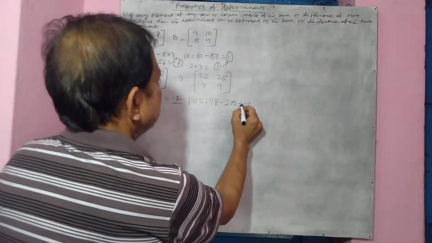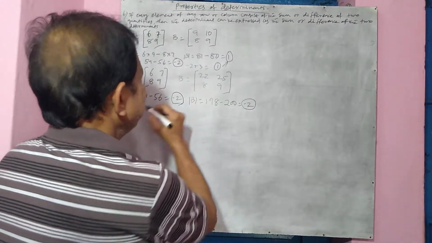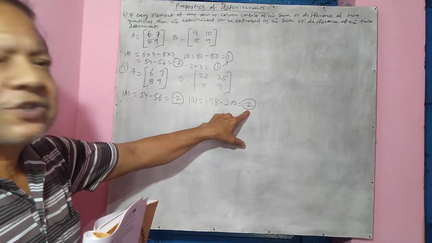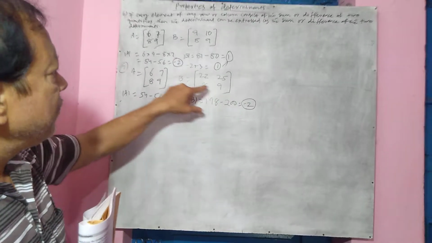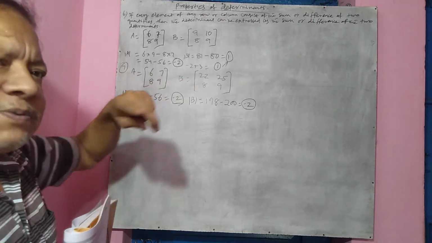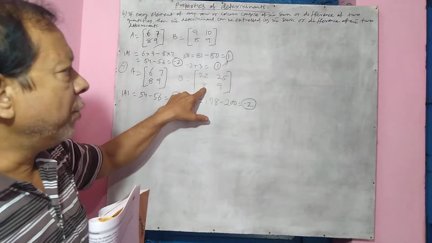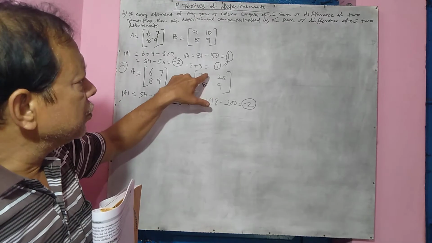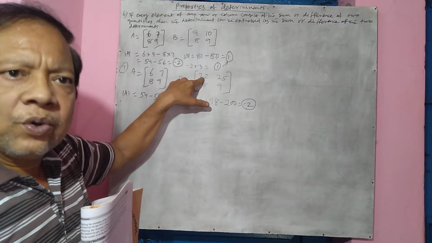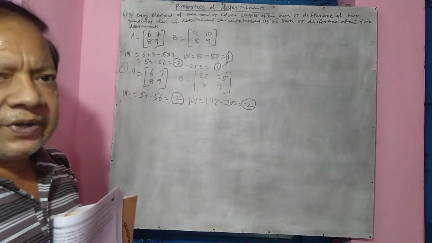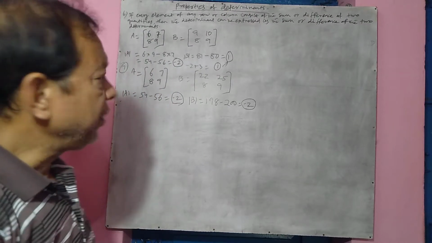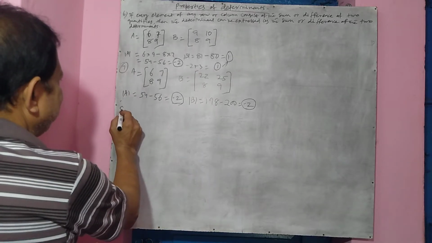See here, the determinant remains same. In this case it is also -2. In this case also it's -2. So what we have done here, we have simply added the multiple of the other row or column to the original row, and we take another matrix, the determinant also will remain same. Okay, this is property number 7.